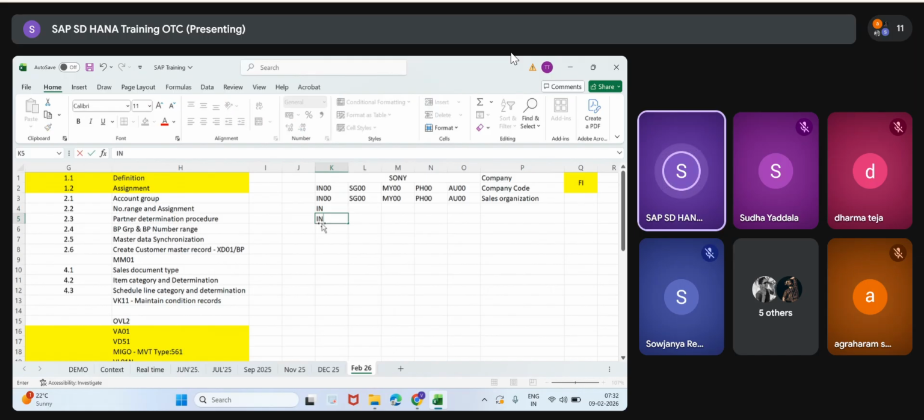It's a 2 digit code. 90% it will be 10. This one is 00. 90% in real time, 00. The other 10% it will differ. Common distribution channel, common division, like that they will create. Nothing will happen with these two, but it's mandatory.